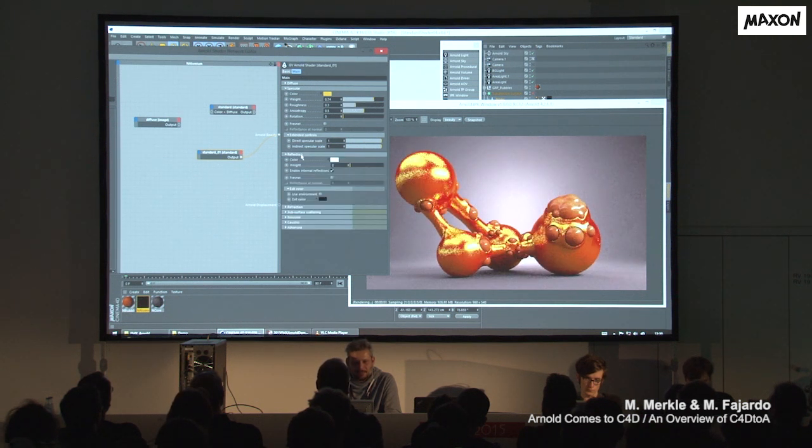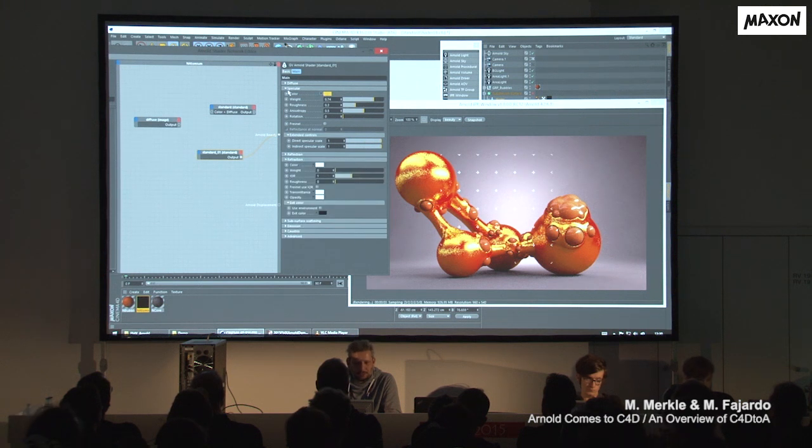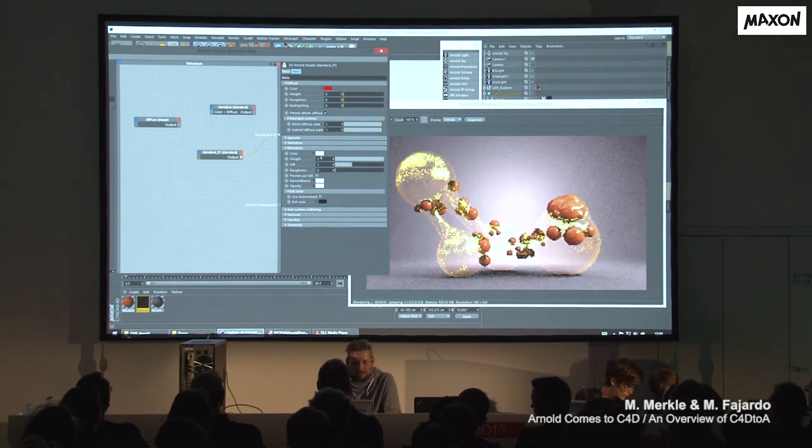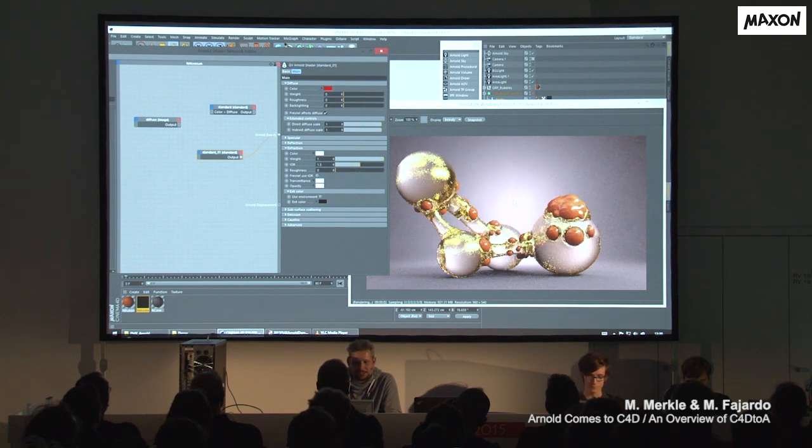The next thing is the reflection, and then comes the refraction, which works the same. If I go down with my diffuse, I can up the refraction, and the object gets transparent. At the moment, it does not look like glass because I have no IOR set. It's set to 1. If I go up to 1.5, for example, I have a nice Christmassy looking glass sphere